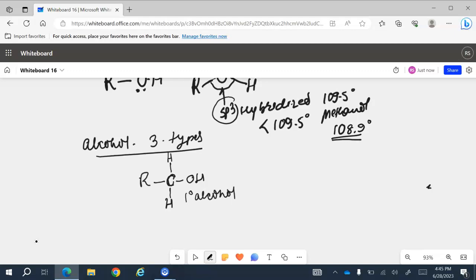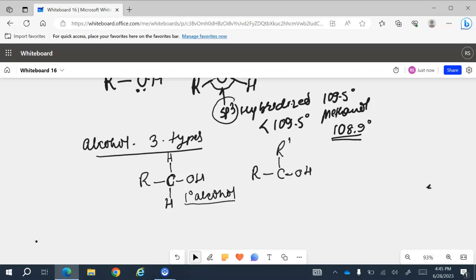If the carbon with the OH group is connected with two other carbon-containing groups,